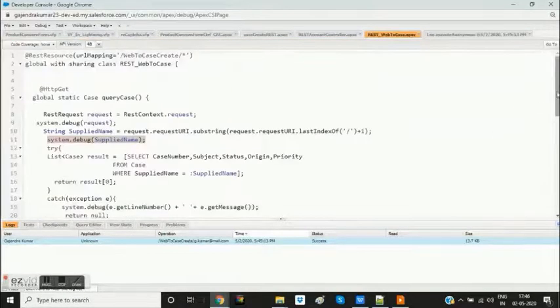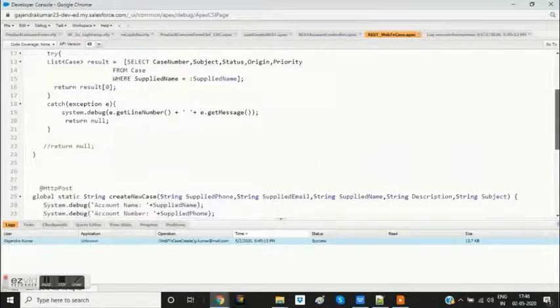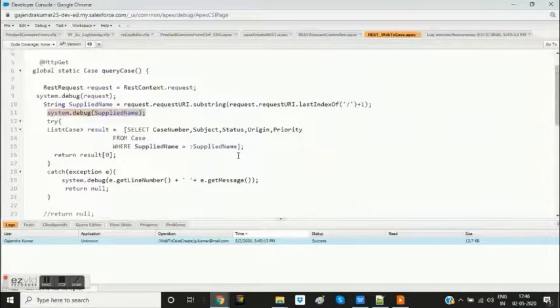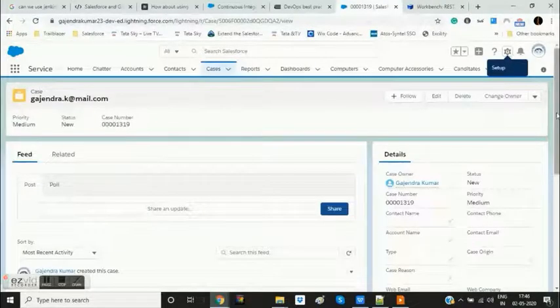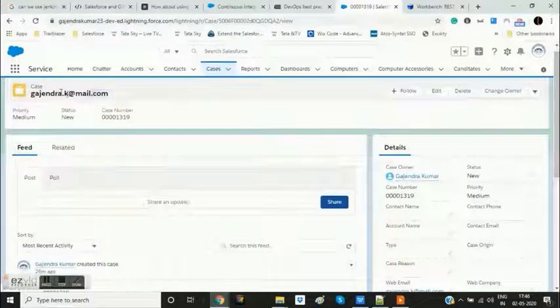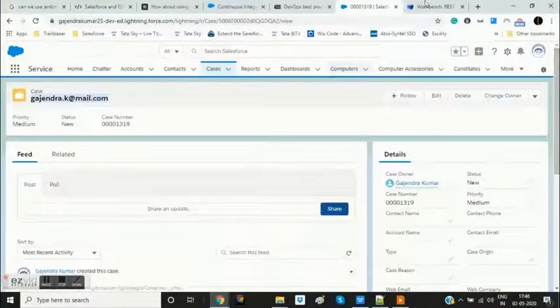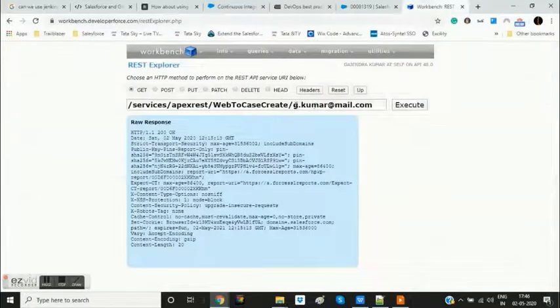It says here debug 11, line number 11 is this. It says here index out of bound, line number 16. So it means either it did not find any record with this query parameter, which is why the return result came out as blank.